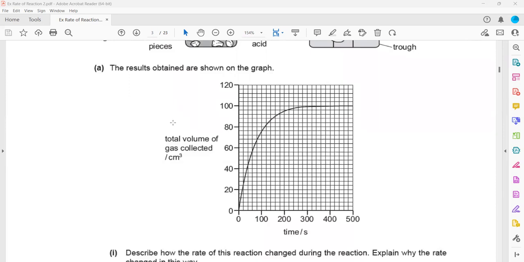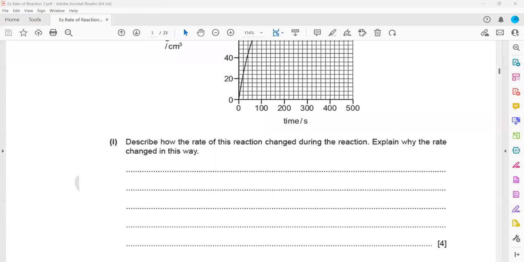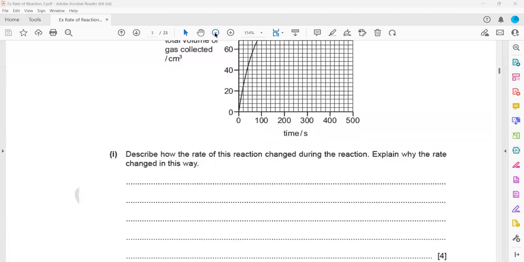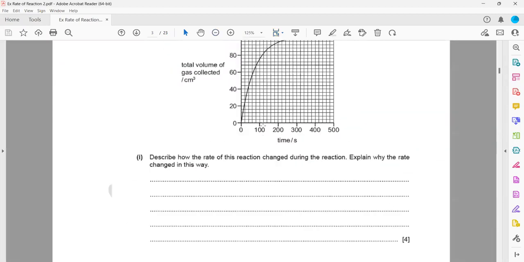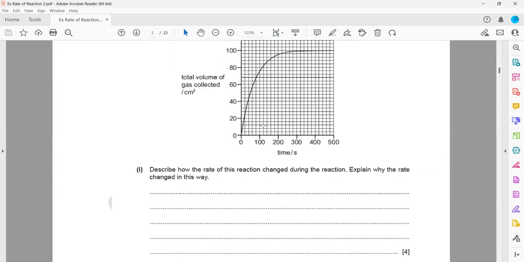The results obtained are shown on the graph. You can see how we collect. A 4-mark question that describes how the rate of a reaction changes during a reaction and explains why the rate changes